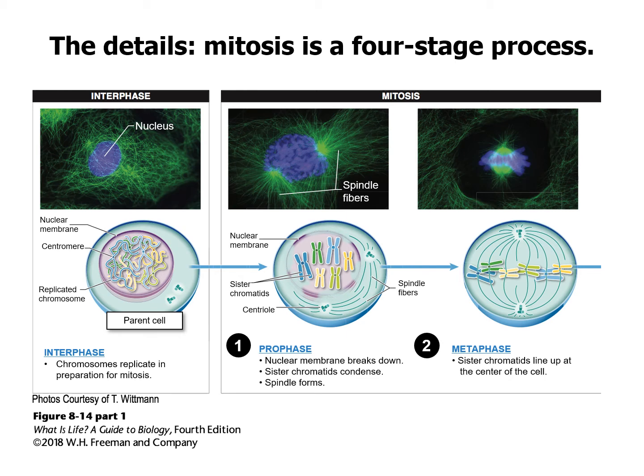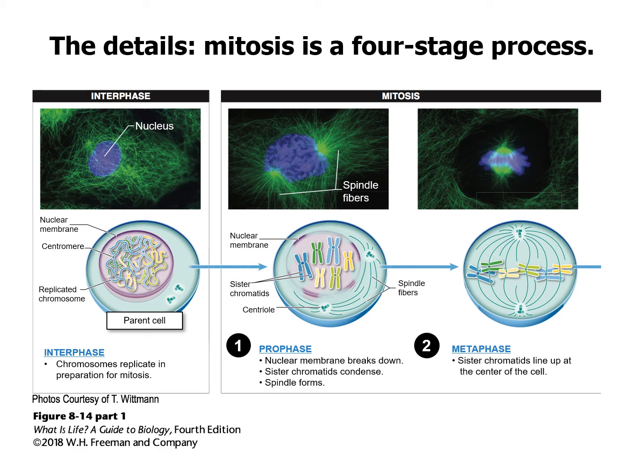The first phase is called prophase. Prophase is where we have the nuclear membrane surrounding our DNA, which is now our condensed sister chromatids, breaking down. From there, the sister chromatids will have already condensed or are condensing at the same time. Sometimes it's a little before, sometimes it's during, but regardless, they have to condense in order for mitosis to occur. And then we have our spindle fibers forming, and our spindle fibers are forming from an organelle called the centriole. We've talked about this organelle before, but there he is. There's his purpose, is to form spindle fibers.